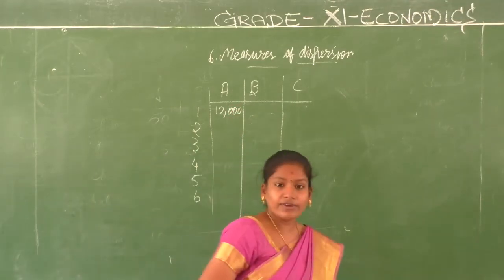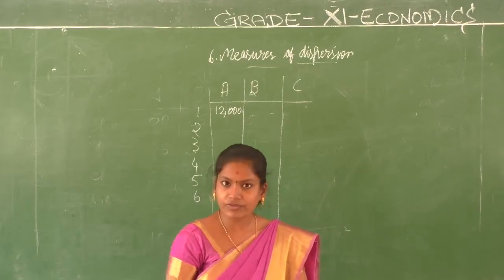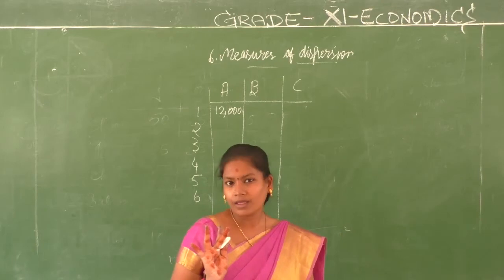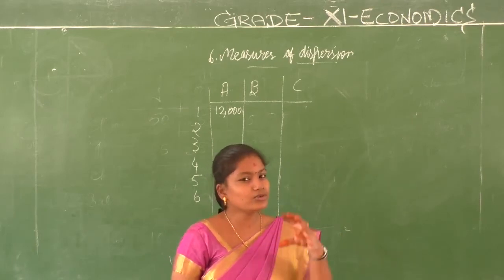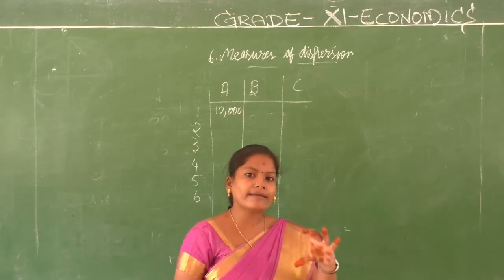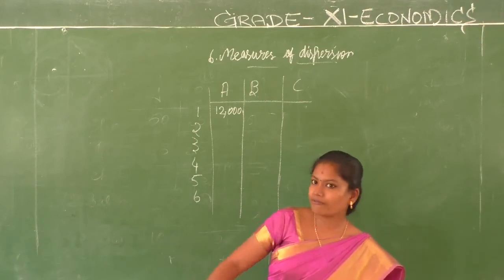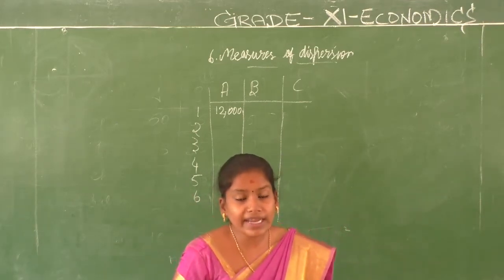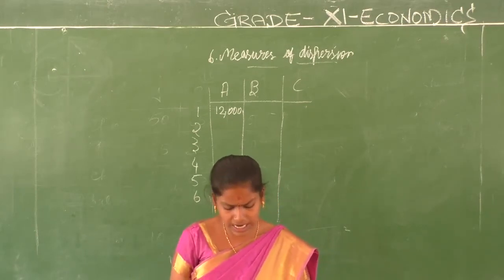Here what kind of data have you got children? The example that they have given is textual data. Right? What they have given you is textual data. What is that? You need to read the entire paragraph to understand the data. That data we have put in what form? Tabular form. Right? But the data given is in textual form. So let us read it and understand.